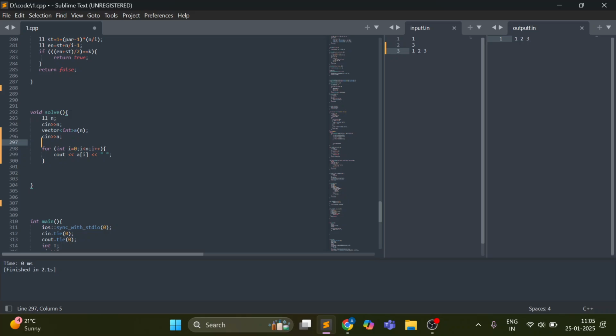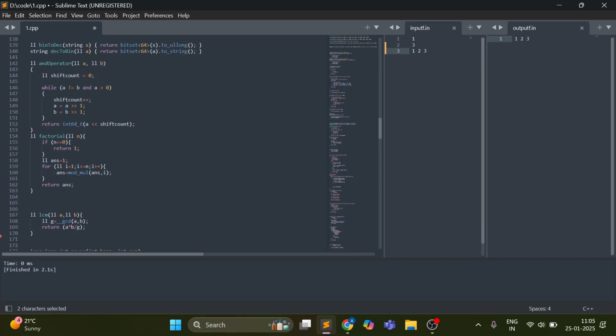So I'm directly taking input as vector itself. Now this is not a standard syntax of C++, but I have overloaded this operator,